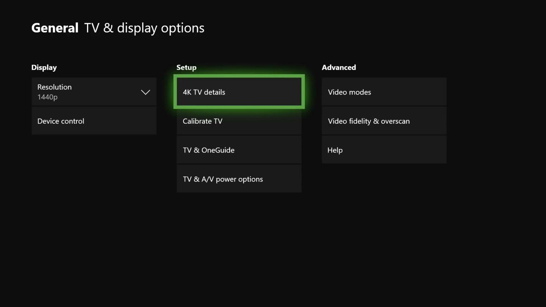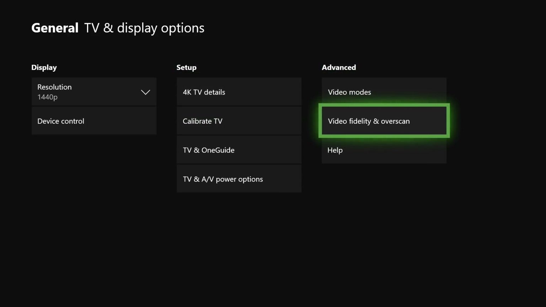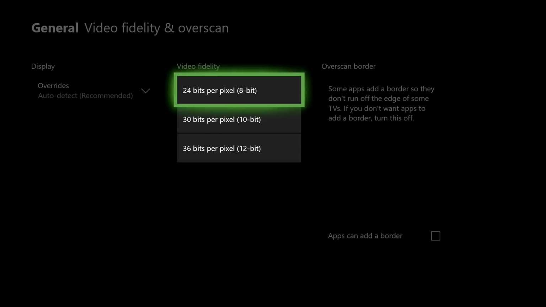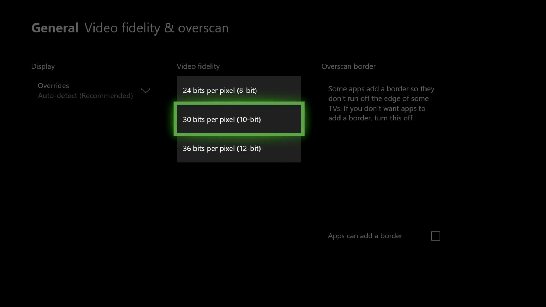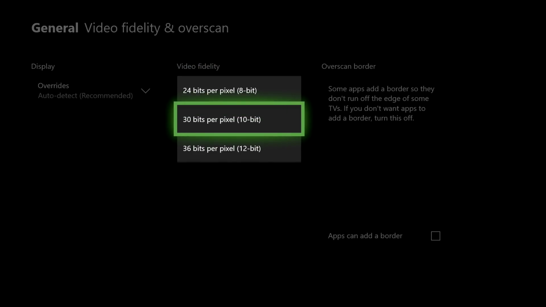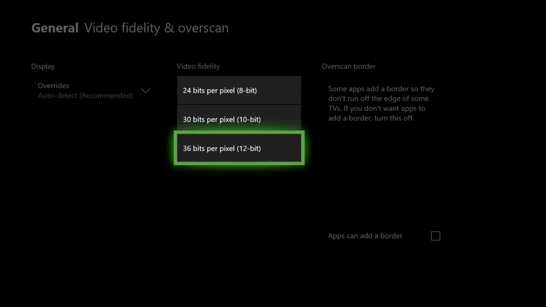Now guys, you want to go to advanced and go to video overscan. So let's click on here. I just want to say, guys, you want to select what's best for you. This is the color depth setting, which is the number of bits used per pixel. I like to set it on 24, but you could set it on 32 or whatever you have on your Xbox One.